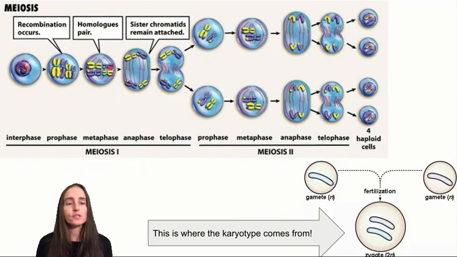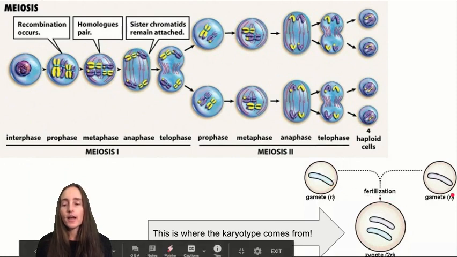So here's your first cell, and it's doing its thing, and you can see their X's, so they've been replicated, and then they're pulled to each side. You did this a little bit freshman year. We'll go over a little more detail in AP. Then they split, and then they split again, and you get these 4 cells. So this would be like 4 sperm, okay? And then one of these